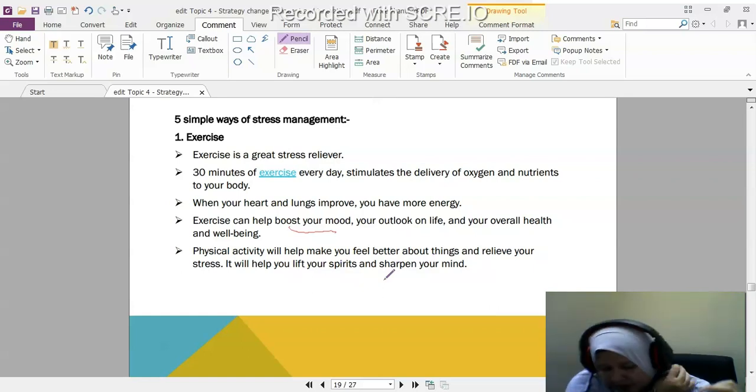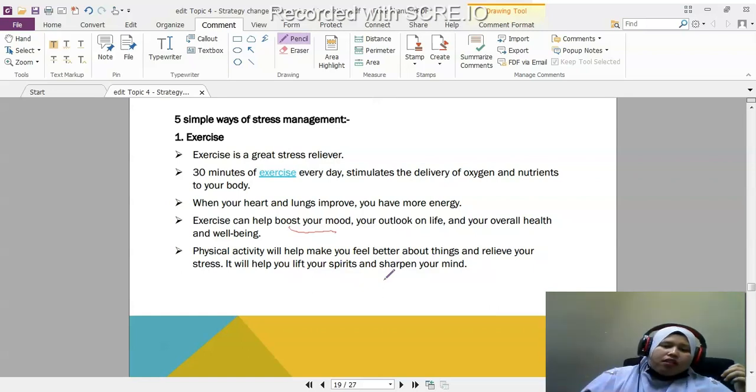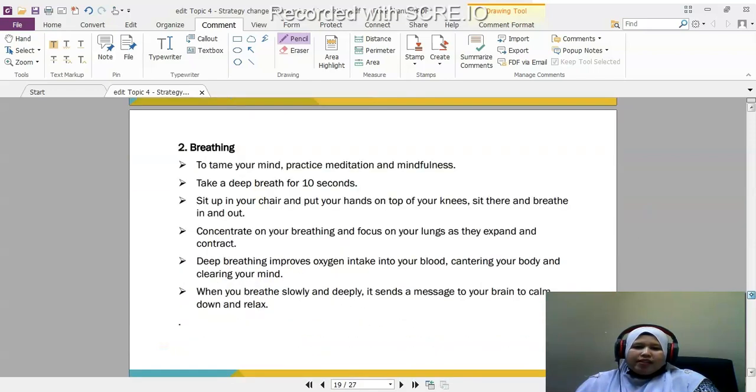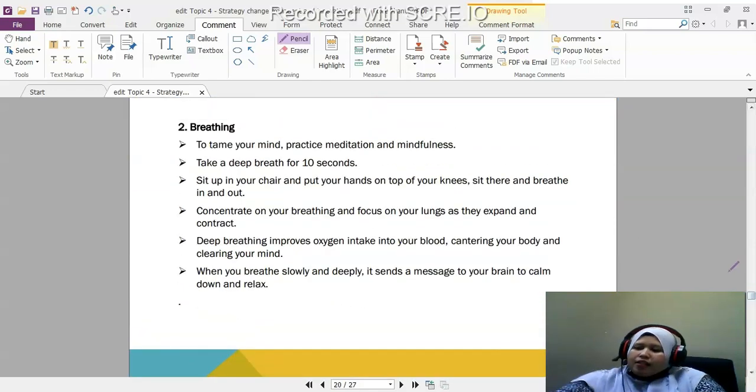For example, after we get tired doing our assignment, what we need to do is exercise and take some food to relieve the tension. Go outside, go cycling, read a book, or listen to music. That is one of the methods you can use to relieve your stress. Second is